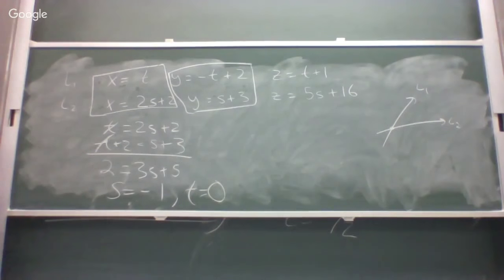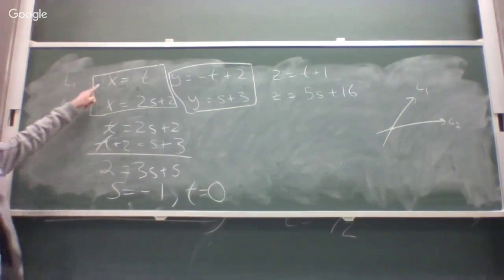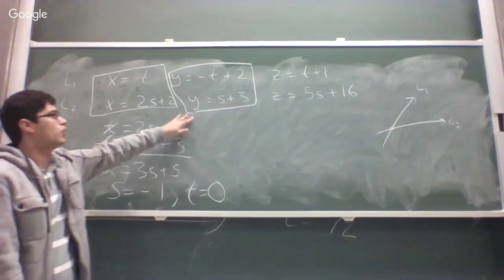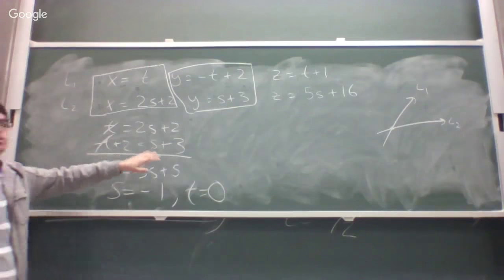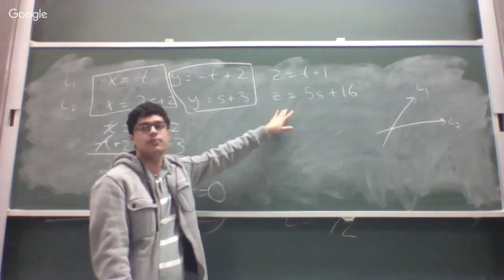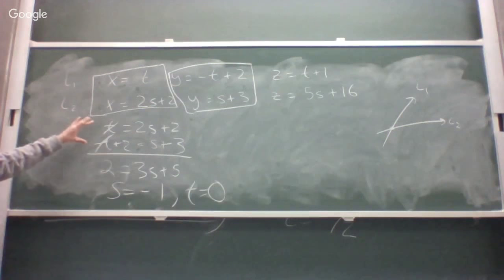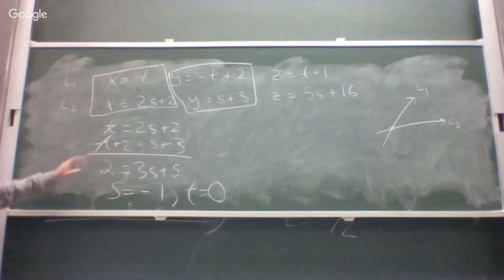Does anyone have a question? No? Okay. Since these are both equal to an x, you can make them one equation. Since these are equal to y, you can make them one equation. You could do it with z as well. So then you just solve for t and s, since now you have two equations with t and s. Okay? So you could do all the different combinations, but